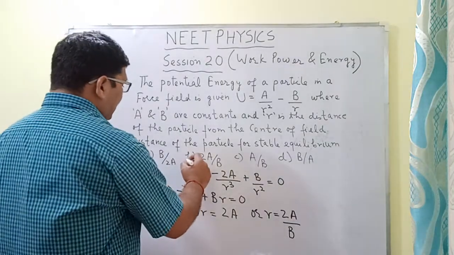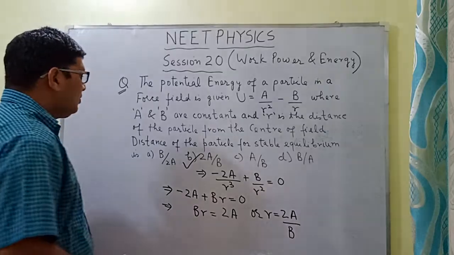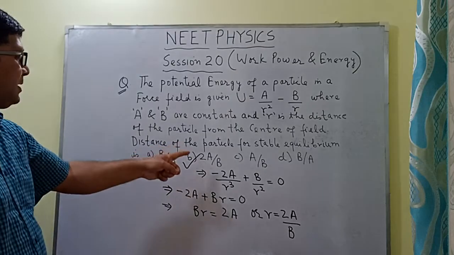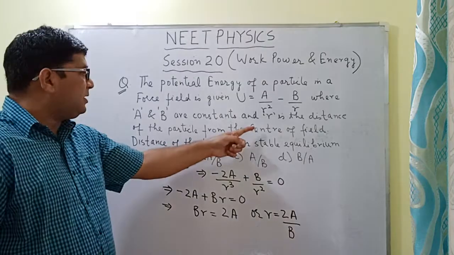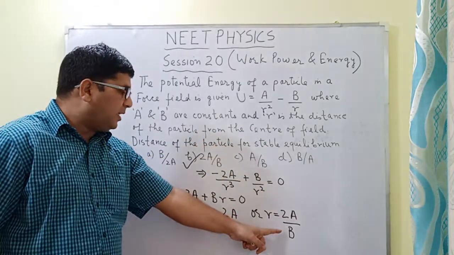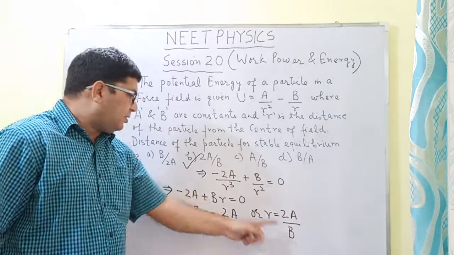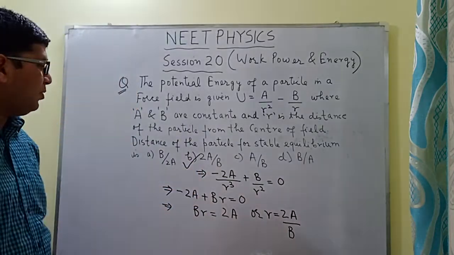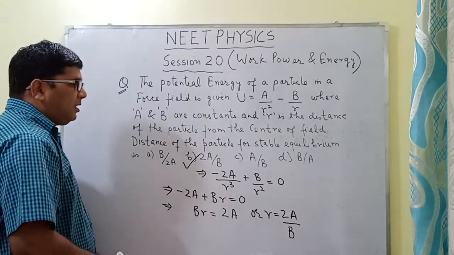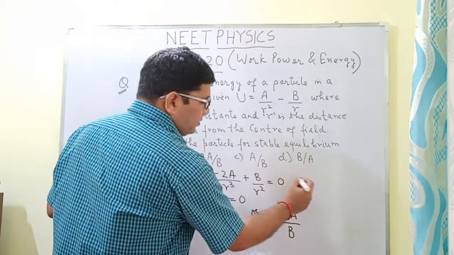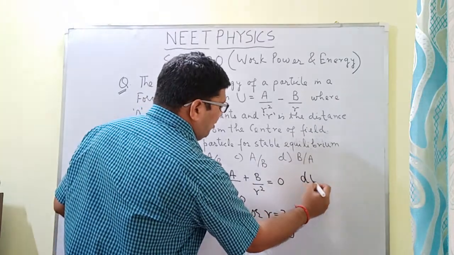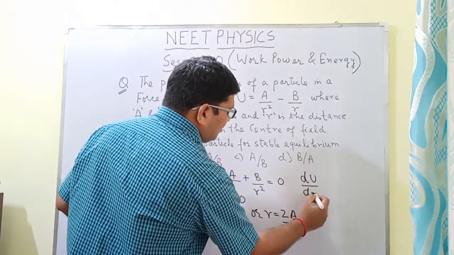So the correct option is b, that is for the stable equilibrium the distance of the particle from the center of the field will be equal to 2a divided by b. So मेरा ऑप्शन जो करेक्ट ऑप्शन है वो है आपका b, ठीक है. So this is how you have to do it. For the stable equilibrium, what you have to remember is that du upon dr will be equal to 0,